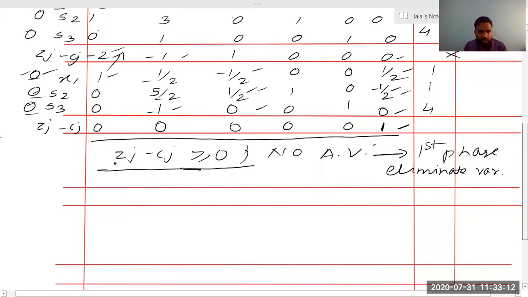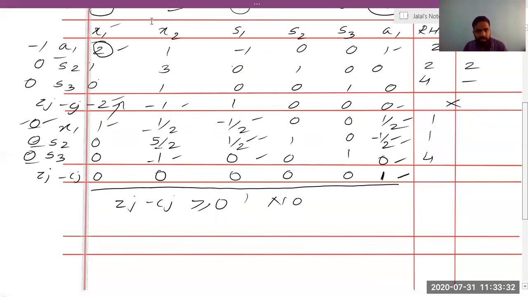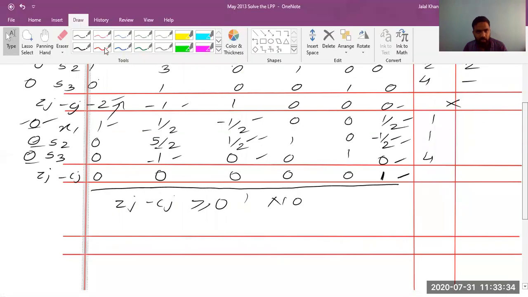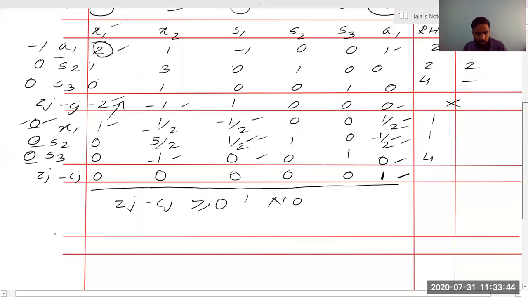Now what do we need to do? Now we need to frame a second. I'll just delete it so that I get some space. Just give me a second. Now I'll start with the second phase, and I'll explain what the second phase is like. We are going to complete on time today. Just one second. Why is this not working? Give me a second. Now in the second phase, what do we do?